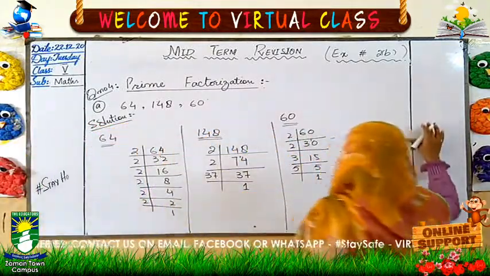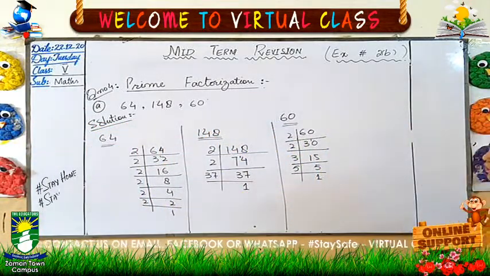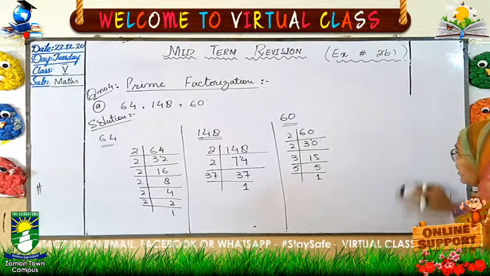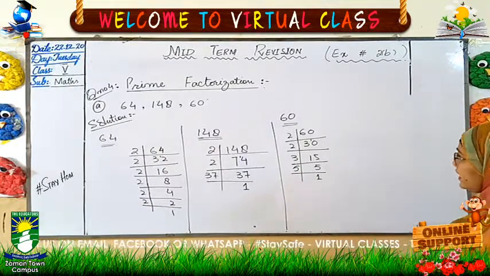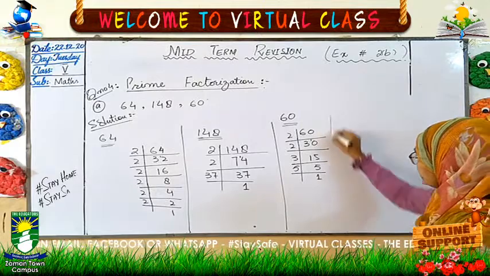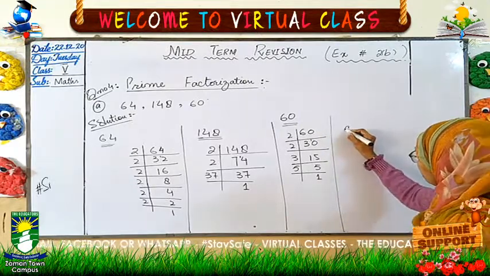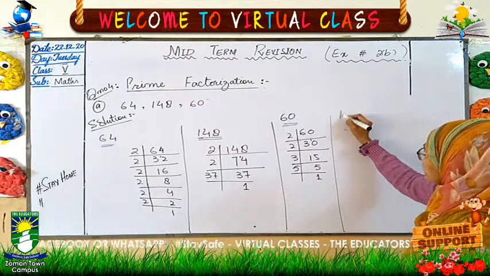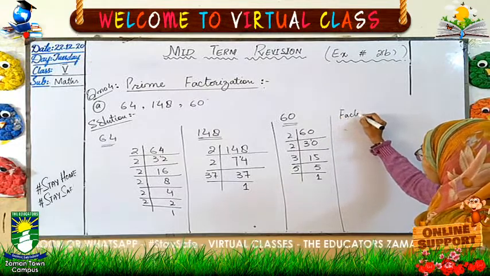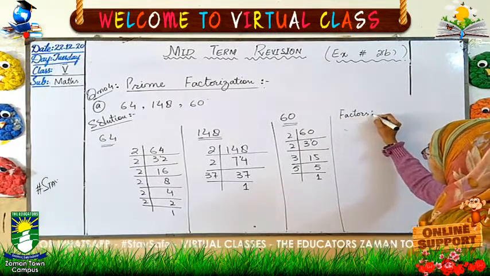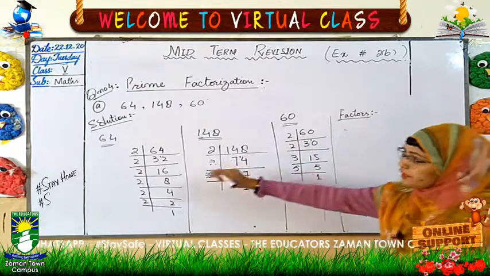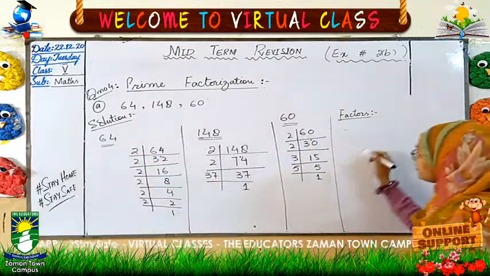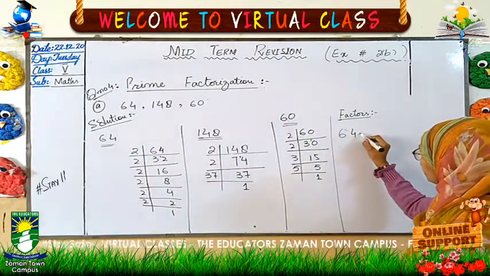Next, what do we have to do? We have to write down the common factors. In the end, we will write down common factors. First of all, the factors. First of all, we will write down the factors of 64 is equal to